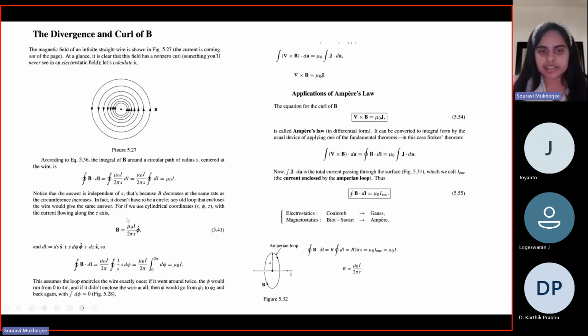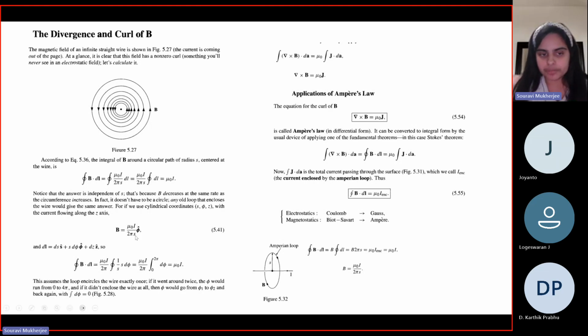Interestingly, the question is whether it always has to be a circle, and we saw that no, it's not. Let's see mathematically why. Ampere's law says that if you have some closed line which encloses some current, and you do a line integral over this curve, then the closed integral of B dot dl will always be equal to mu naught I, where I is the enclosed current. It does not have to be a circular line or anything as such. It can be any loop. Why? Because